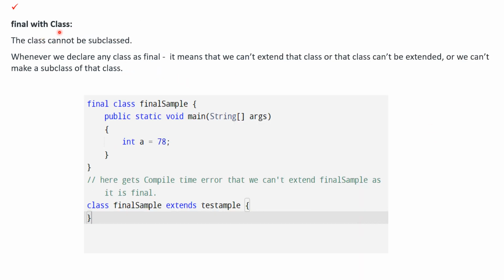Final keyword with class: the class cannot be subclassed. Whenever we declare any class as final, for example, declaring this class final sample with the final keyword, this class is a final one, which means that we cannot extend that class. If we want this class to be extended for any other functionality or feature,